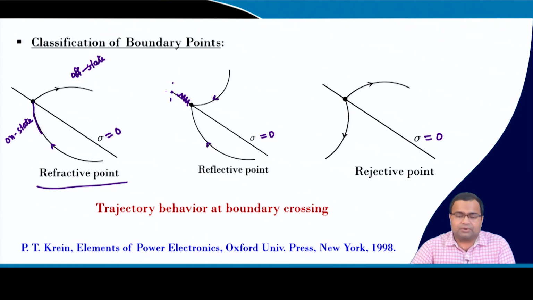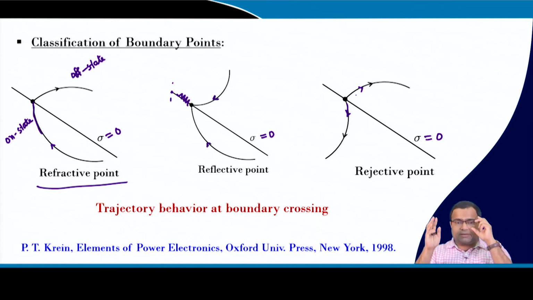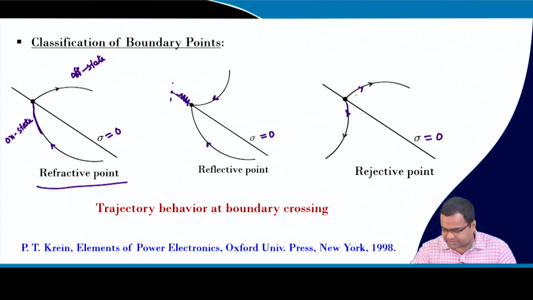Okay. So, on both sides the chattering will start, the actual switching will act. And the third possibility, if both side trajectories are moving away, is called the rejective region, and we must avoid such a region, otherwise it will be unstable. We should not place a switching surface in the rejective region, and if you take any initial condition there, your trajectory will go unboundedly, and particularly for a boost converter, it can lead to complete collapse of the system, or it can damage the other devices.